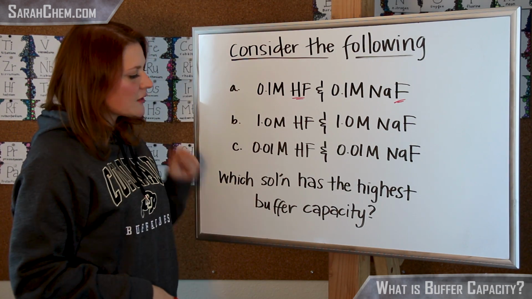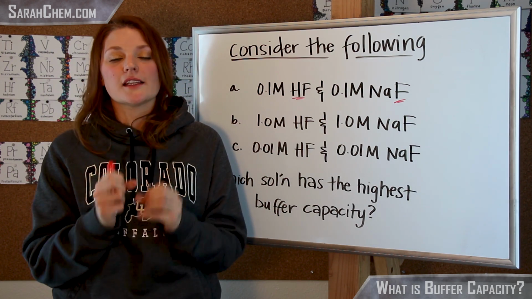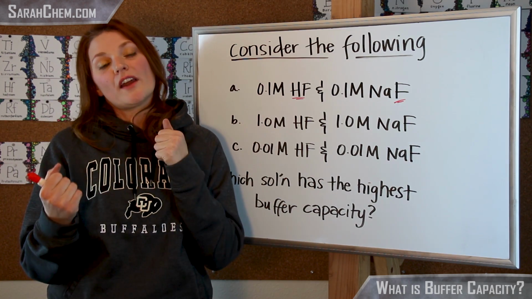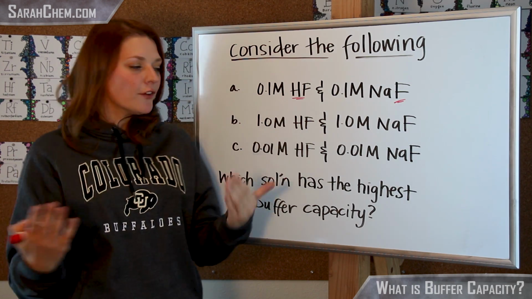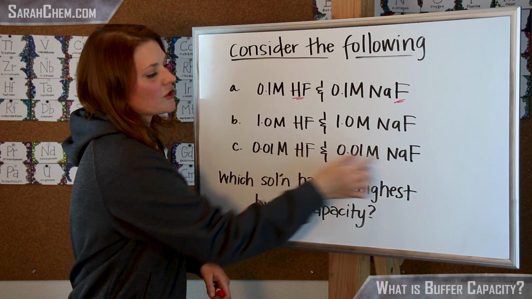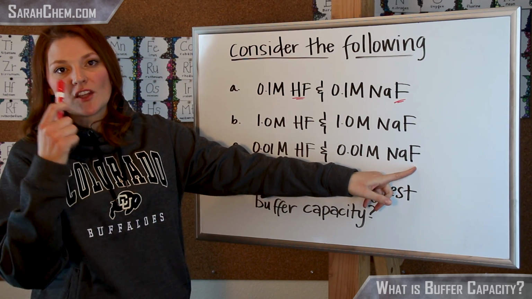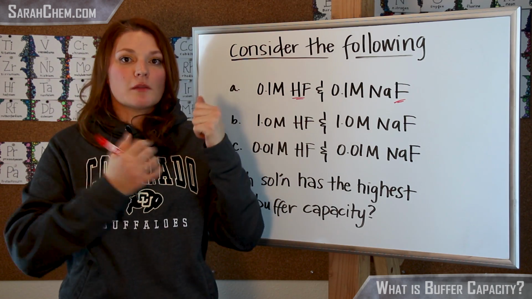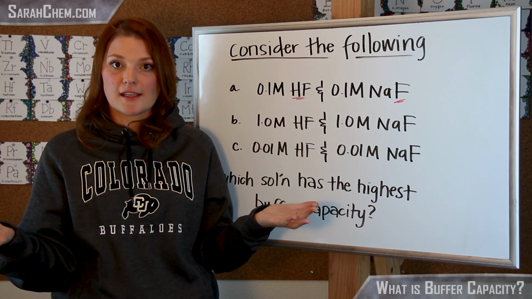If we look at the question, it says, which solution has the highest buffer capacity? So remember, what that essentially means is which one has the most components available to react with whatever acid or base you add in so that our pH doesn't change very much. So now if we think about it, in this case here, we have a very small amount of available HF and NaF. If I'm adding in an acid, I'm going to be using up that NaF. If I add in a base, I'm going to be using up the HF. So the more HF and NaF you have available in solution, the greater the buffer capacity,